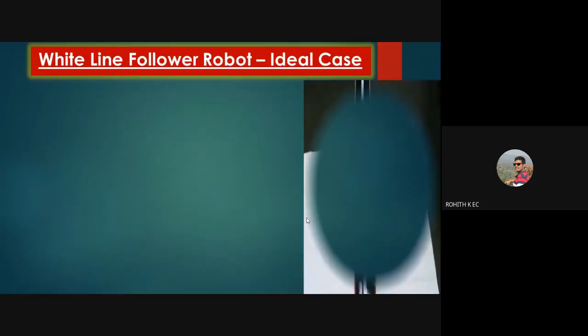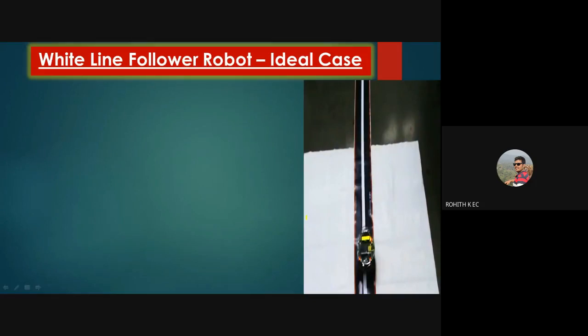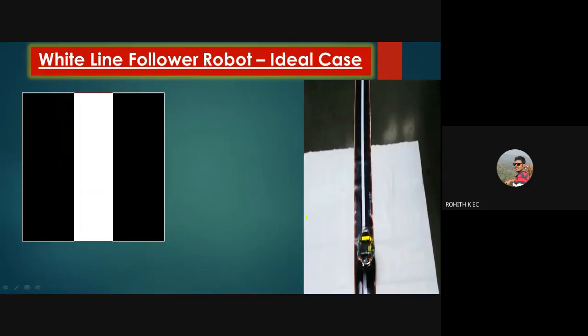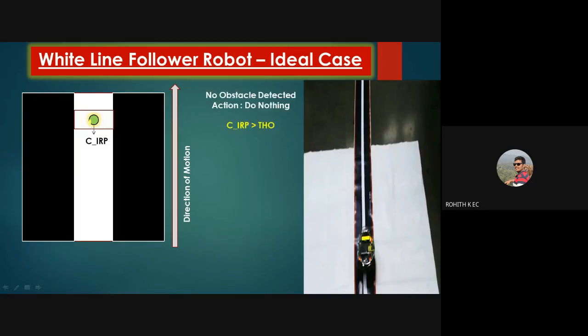So ideally, what should be the scenario if I want to move my robot in the forward direction? Ideally, your center proximity sensor, which is used for detecting obstacle, should not detect obstacle. That means the value received by the center IR proximity sensor should be greater than the threshold. When the value is greater than the threshold, it means there is no obstacle detected.